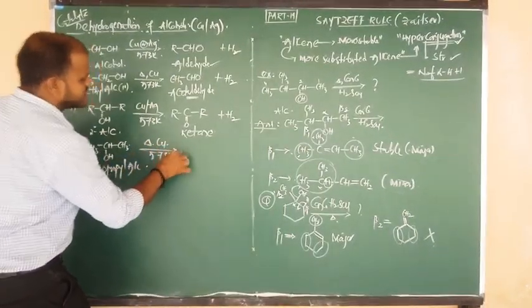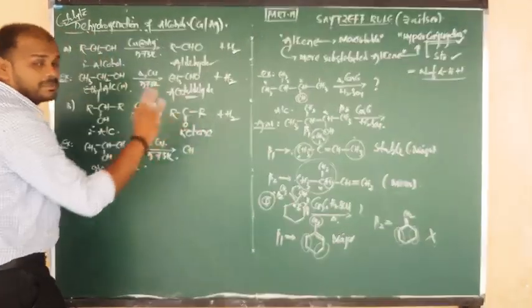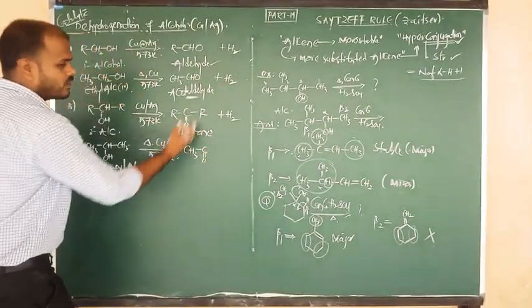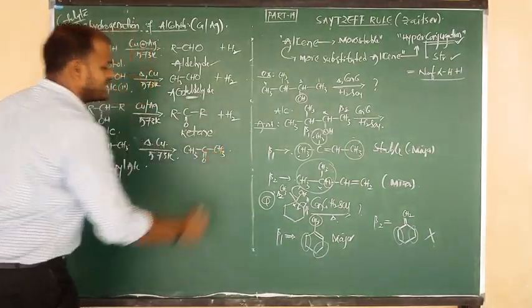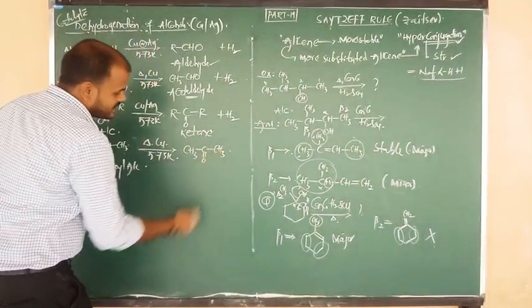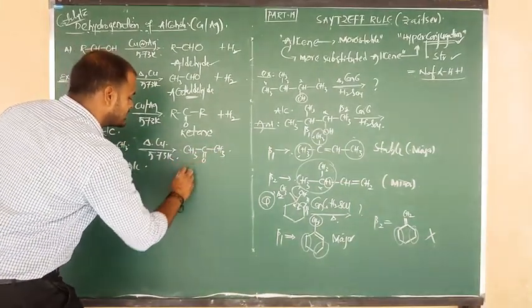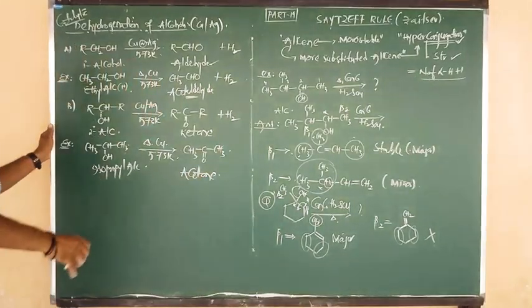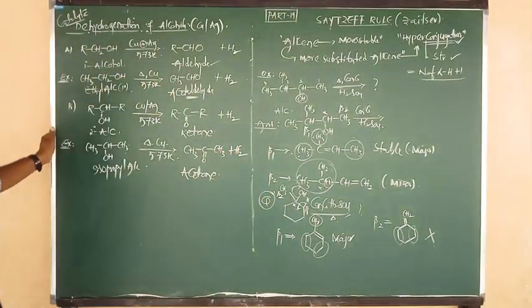Now that isopropyl alcohol, or secondary alcohol, is passed over hot copper or silver at the same temperature, 573 Kelvin. The product is again R replaced by CH3. Same, we have to do CH3 bond C double bond O, again R in place of R. Here we have taken CH3. So CH3 bond C double bond O bond CH3. Here also we are getting a ketone product, but in place of 2 CH3 we say this is called acetone. Example for ketone. After the removal of what, beta? H2 gas. Nothing but dehydrogenation.